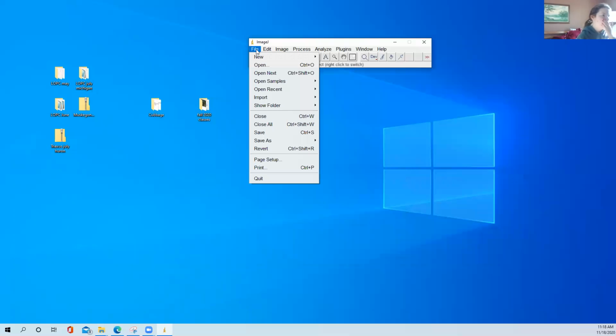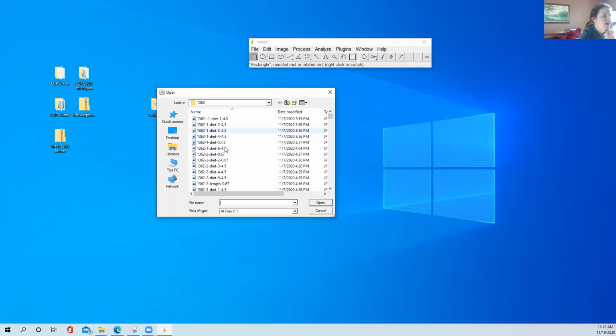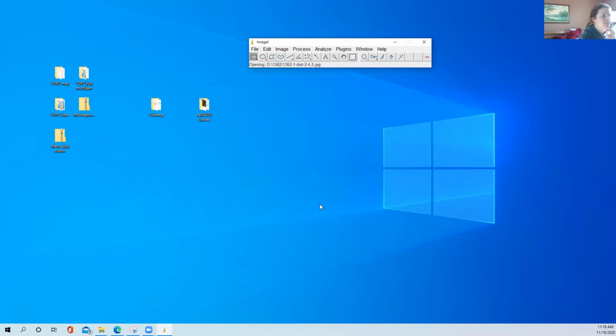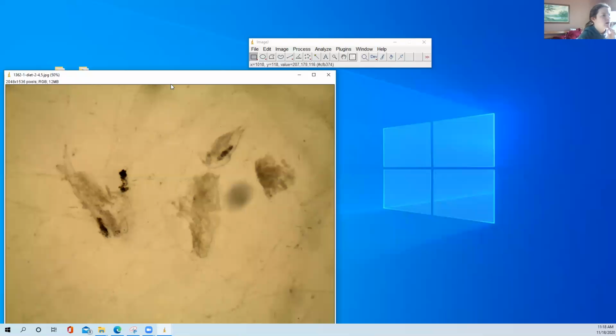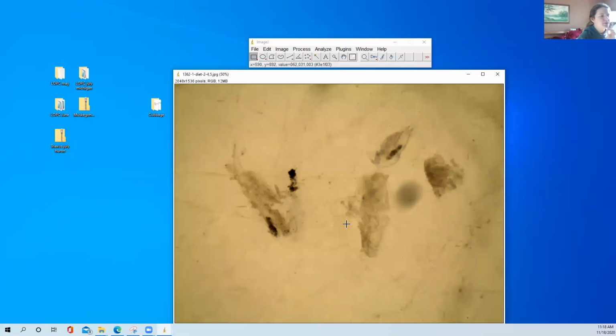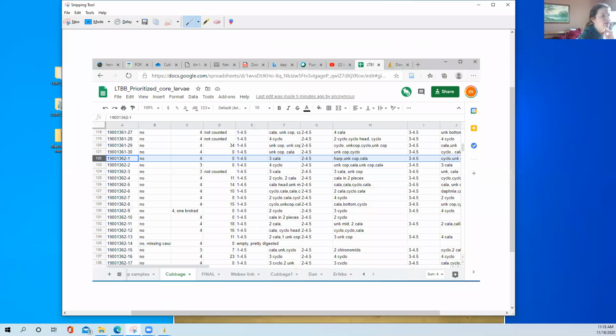And first we want to open a file. So file, open, and I'm going to give you guys certain files. But first off, I'm just going to take the second picture from 1362. All right, so here is a picture. It has a couple zooplankton. And you should go back to, here's a screen grab of the data sheet with highlighted, this is the first fish of 1362. And the second